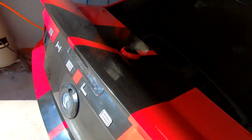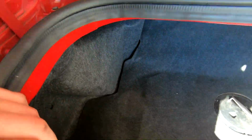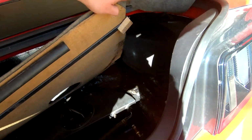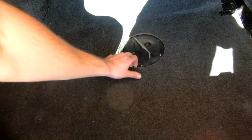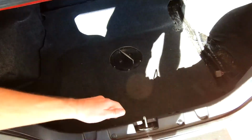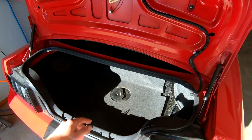And I want to show you guys the trunk area. So this is it with, sorry for the terrible lighting, but yeah, this is what I wound up putting back in here. So this came in here factory. I just needed to put some spacers to get everything to sit level. Looks kind of goofy, but it does work, and it kind of covers up everything nicely. Keeps everything good and out of the way. So I just think it looks cleaner than the giant ice tank just kind of sticking out, and you can actually use the trunk if you need to. So I like that, a little more